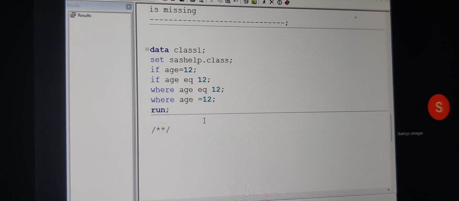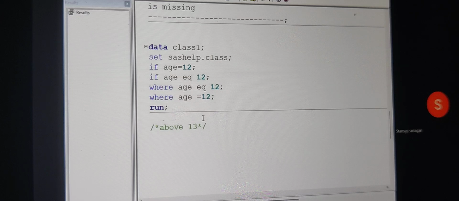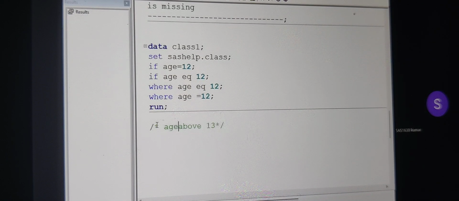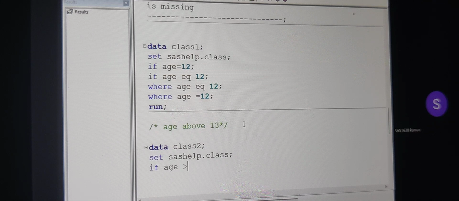So my next requirement is I want to have all the observations where age is above 30. All the observations containing the age value. What is the program that will read the data and create a data set from the SAS help product class? Tell me what it is, if age or if age statement is going to be